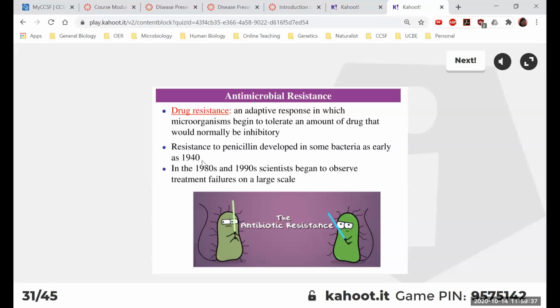Actually, some people thought that during World War II, because the British had penicillin and the Germans did not, that actually kind of contributed to the Allies winning the war, and the Germans losing it. But yeah, that helps you remember the timeline. Pretty much as soon as we started using penicillin in the wider population, we started noticing some bacteria that are resistant to the drug. By the 80s and 90s, they started seeing a lot of treatment failure. So now we're seeing drug resistance on a much larger scale. And I'm not necessarily a Star Wars fan, but I just thought it's really cute, the resistance movement.